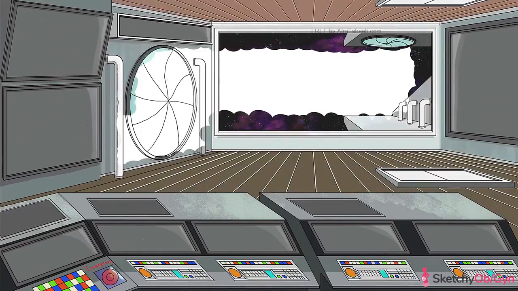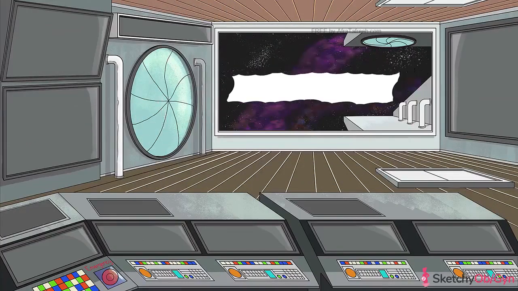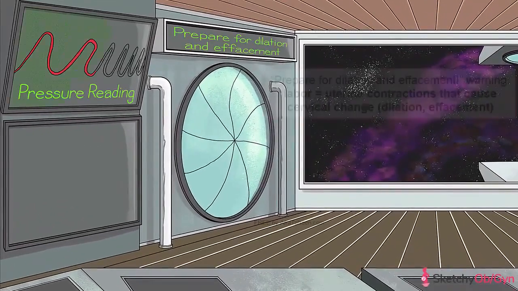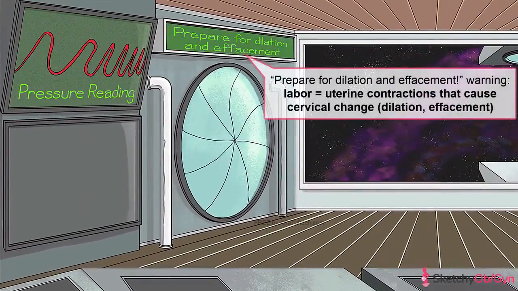But first, we gotta know what we're dealing with. So what is labor exactly? Labor is defined as uterine contractions that cause cervical change, either in dilation or effacement. This space station is reminding us of these two important components with its giant "prepare for dilation and effacement" sign